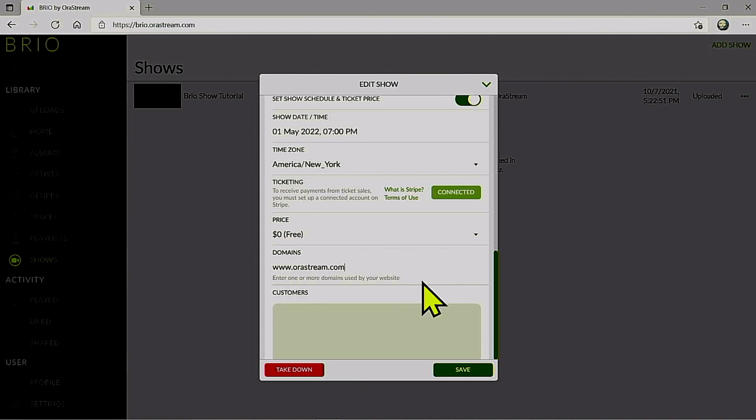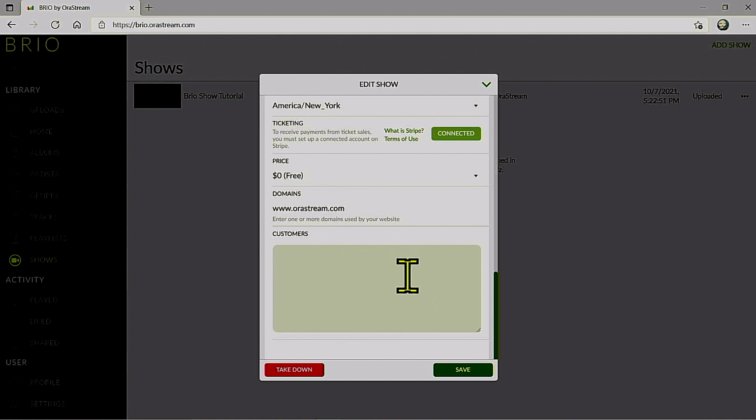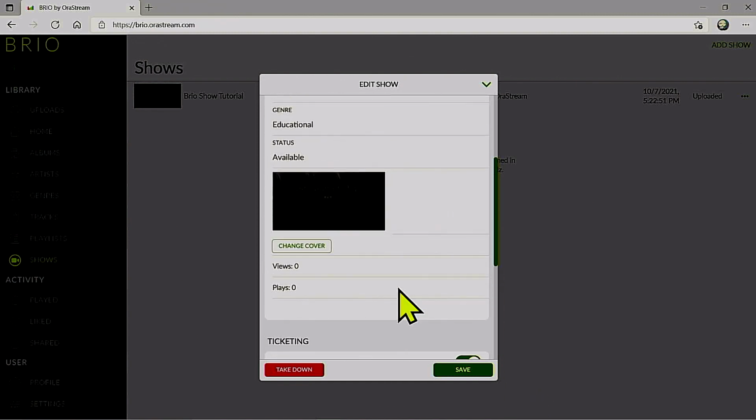Customers who have purchased tickets will be able to access the show using the emails that were used during checkout. The purchase fulfillment process will be illustrated in a separate explanation video. From this window, show owners or agents will be able to monitor and keep track of purchases.